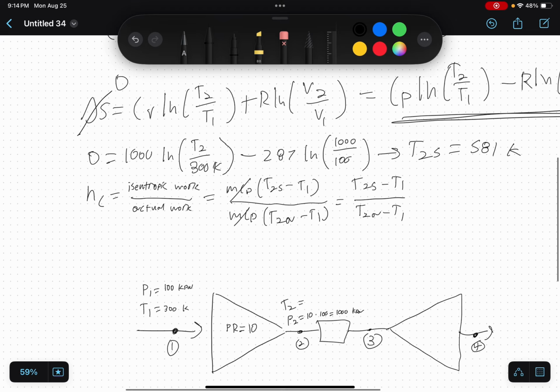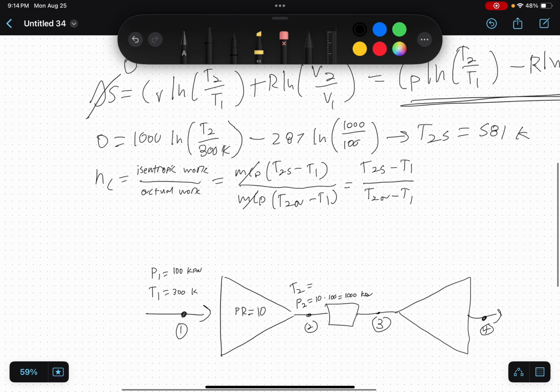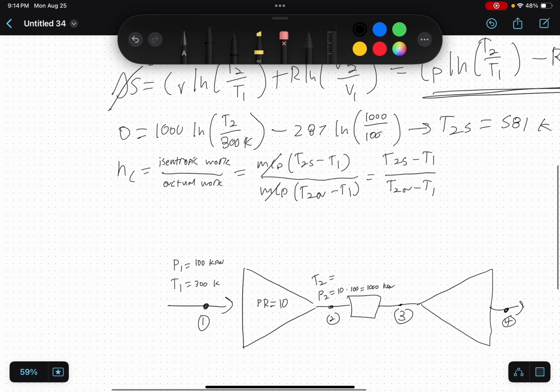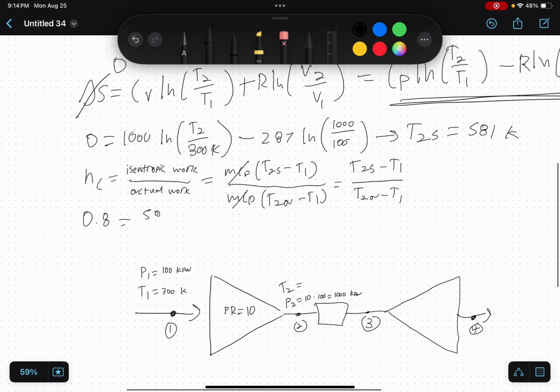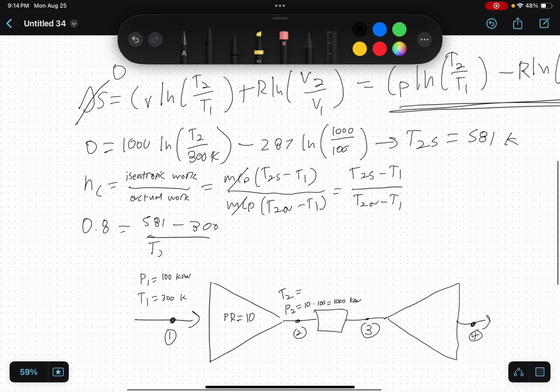Okay, so let's finish off this example. Let's say that we have a compressor efficiency of 80%, so 0.8. So that would equal 581 minus 300 over T2A minus 300. T2A would equal,